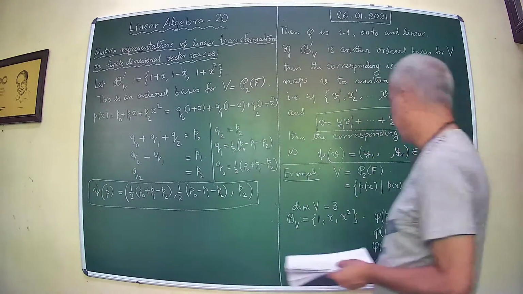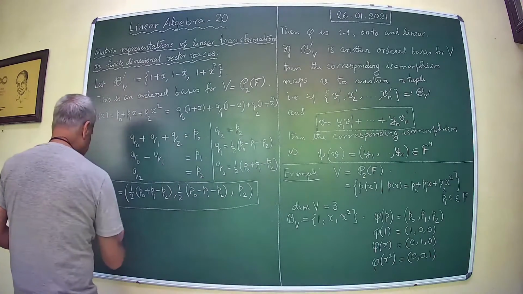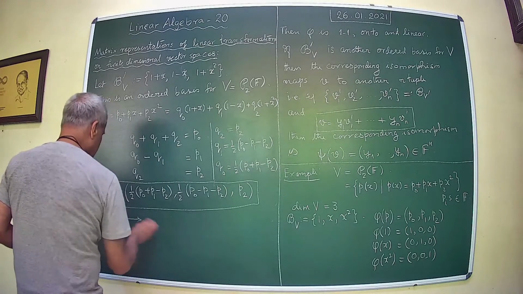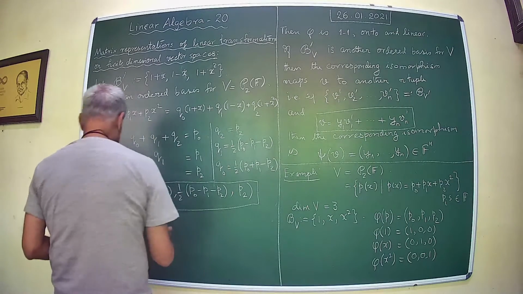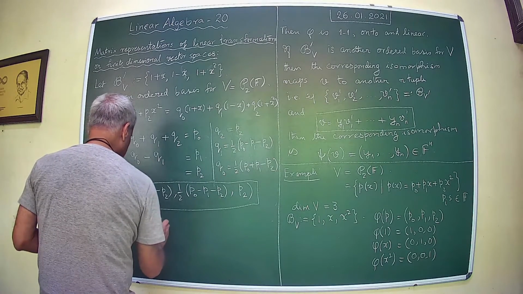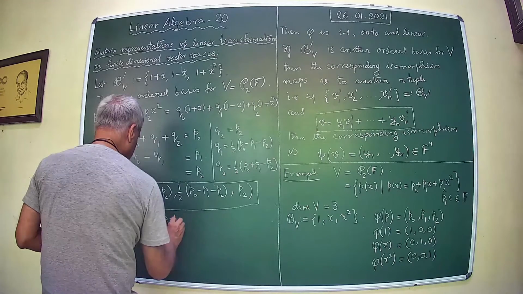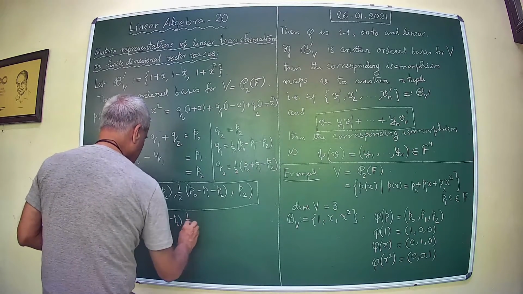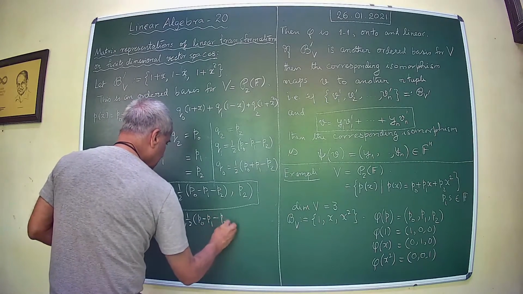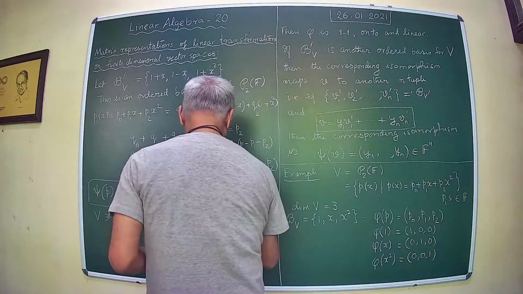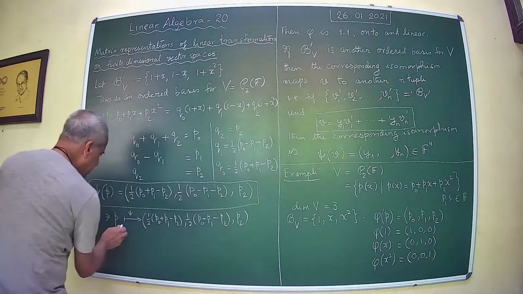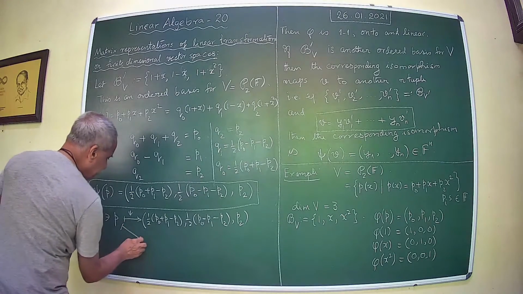Therefore, the vector P is identified with this, two half of p2. Whereas the same element is identified with